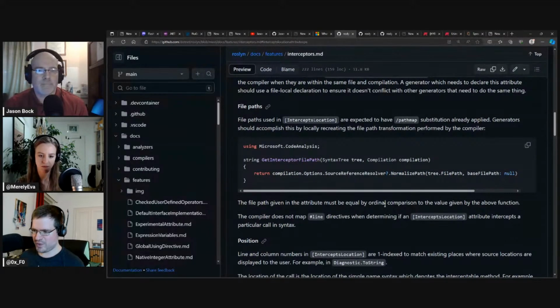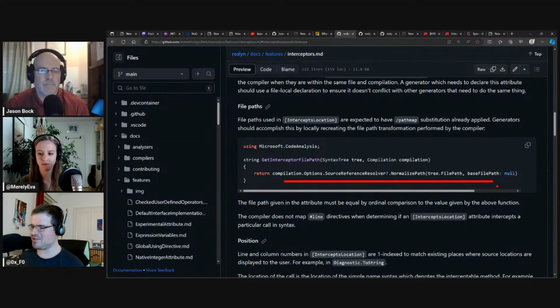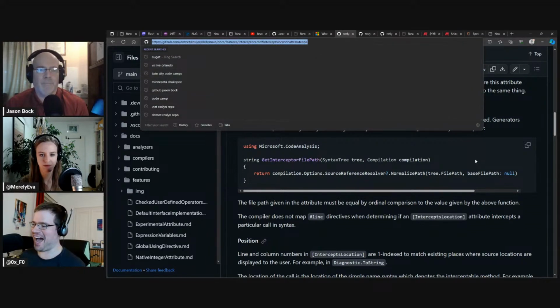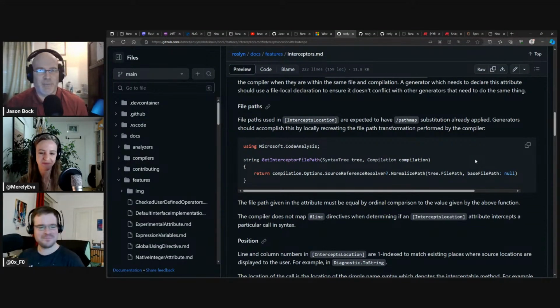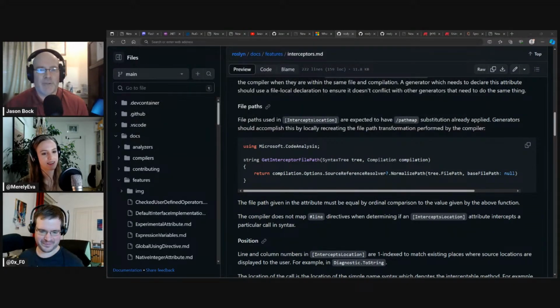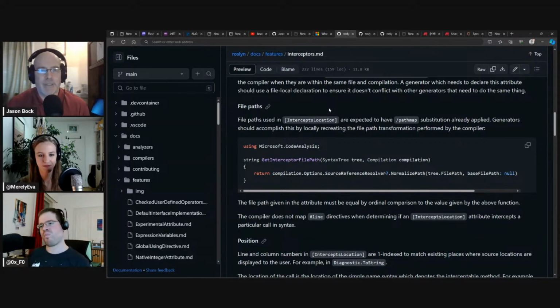So if I was writing a source generator which creates interceptors, I would need to basically have this in my code. Yeah. Okay, I'll bookmark that for later. Right. If you're just playing with it on your own machine and just trying to see how it works, then that's fine. But if this eventually makes it into the box with C#, I wonder if they'd give you some kind of analyzer to let you know, hey, you need to get a normalized path so that it doesn't matter which OS it's running on.